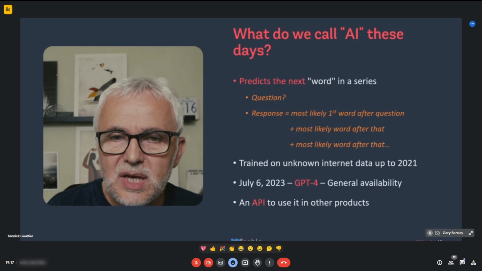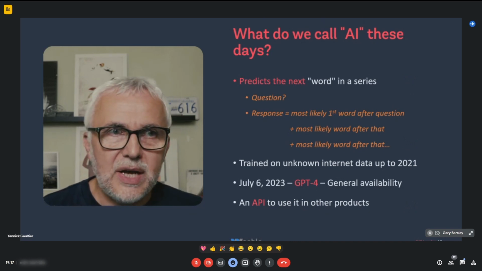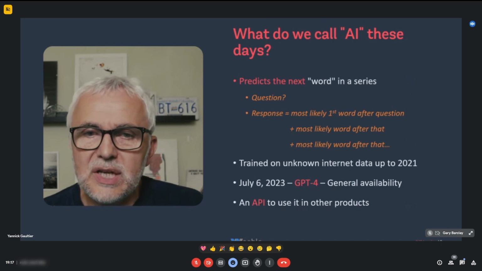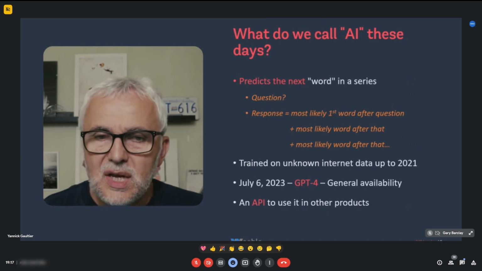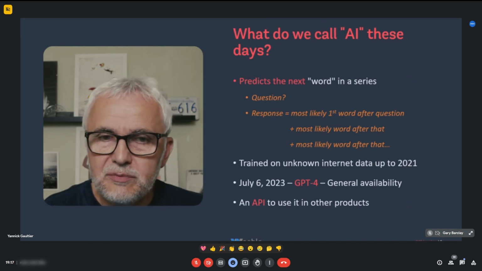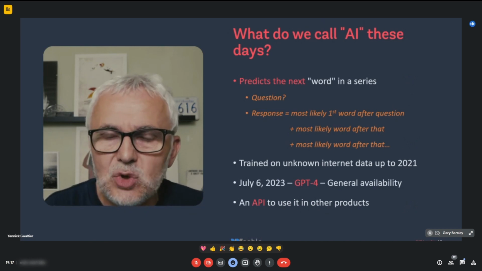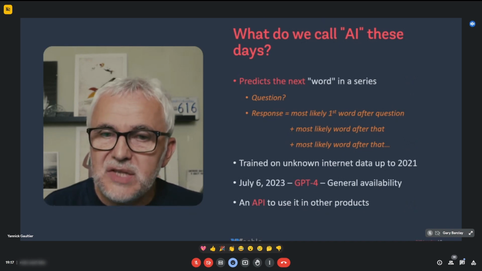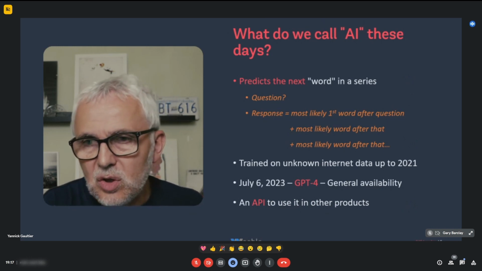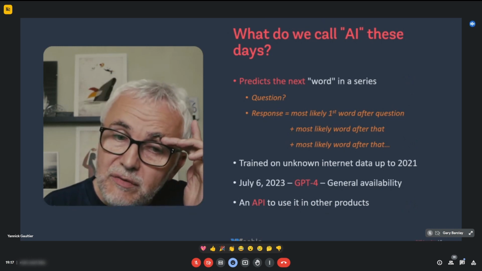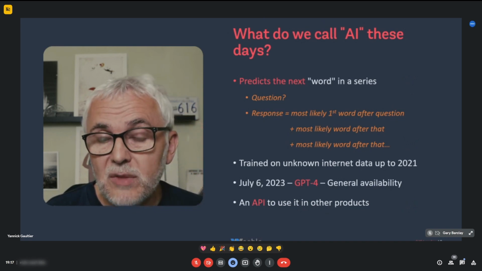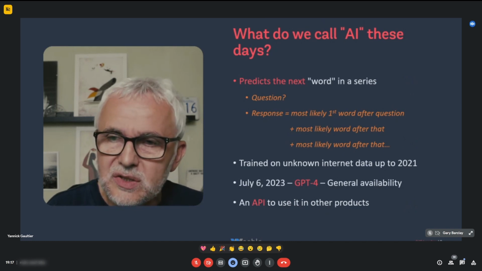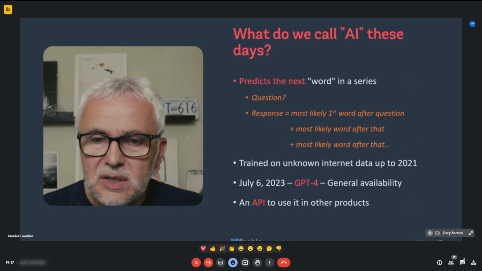So you ask a question, and because they have been trained and have acquired probabilities of one word being after another word, or a series of words, if you ask them a question, they're going to spit back at you the most likely word that comes after your question, based on the statistics they have drawn from a very large subset of the internet data. It's a large subset, but it's not large with respect to the internet. It's still a small fraction of the internet.